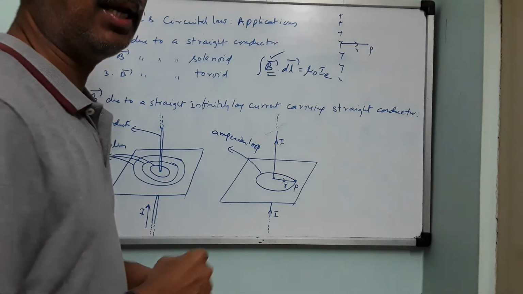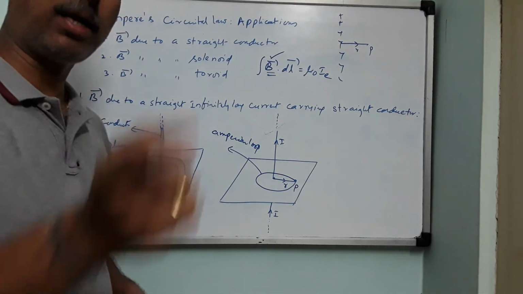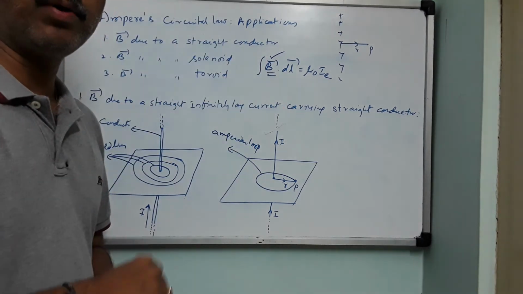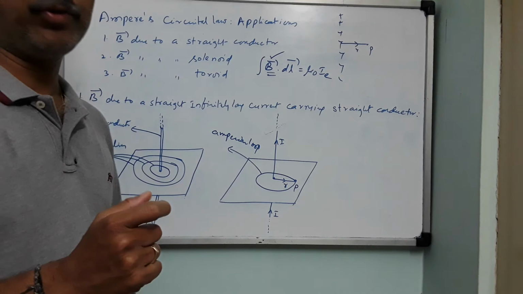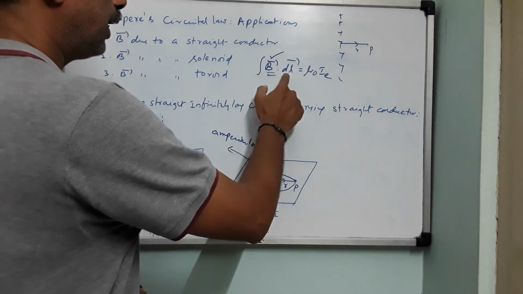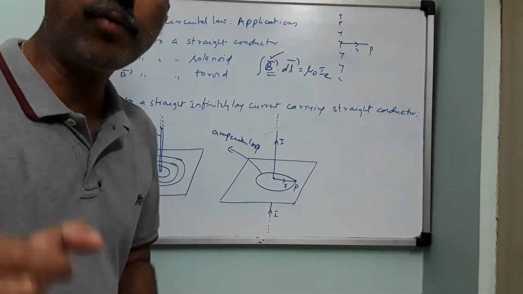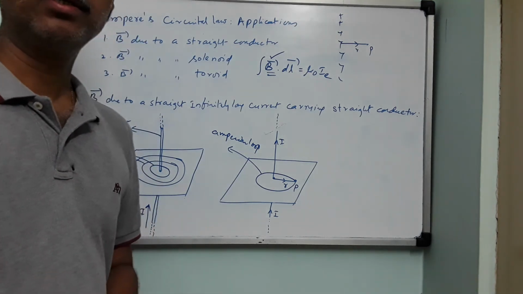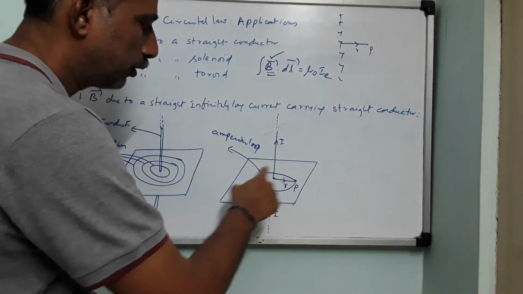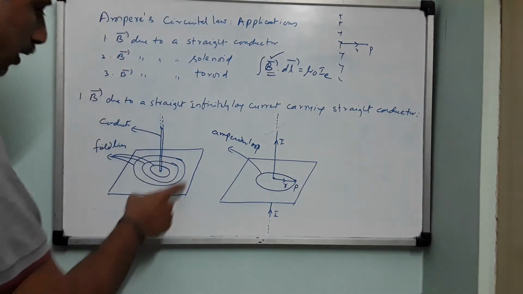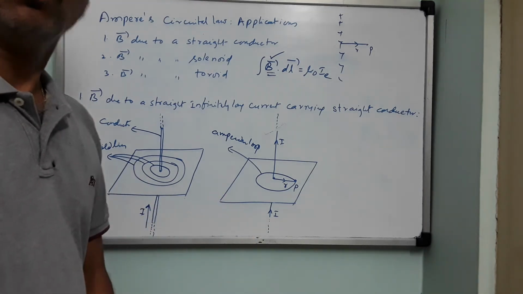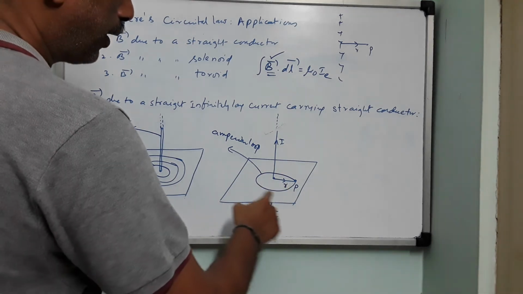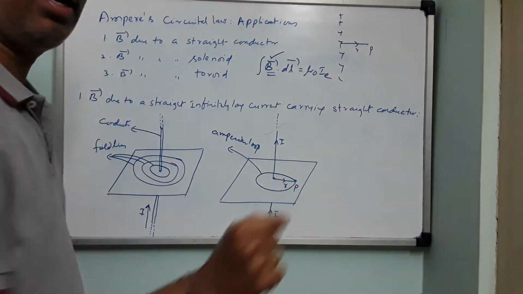Now, next is dl. What is dl? dl is a small current element, like what you have imagined in Biot-Savart's law, where you took it as ideal, called the current element. This dl here is nothing but an element of the Amperian loop. Is the Amperian loop imaginary? Yes, this is purely imaginary. Even the lines are purely imaginary. Lines will not exist, only field will exist. Field is real.